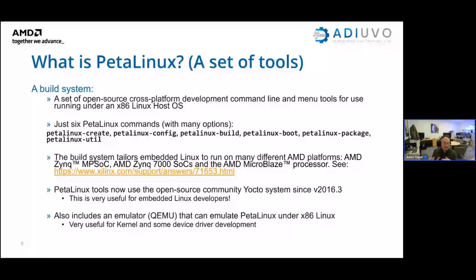It's a set of tools that allow us to build an embedded Linux solution for our target devices, and that could be anything from an MPSoC to a Versal to a Zynq 7000, and of course today we're talking about a MicroBlaze. It's really simple. There are just 6 commands, and I don't think I've ever actually used the PetaLinux util command, but there are just 6 commands that we can use, as you'll see, to create and build a